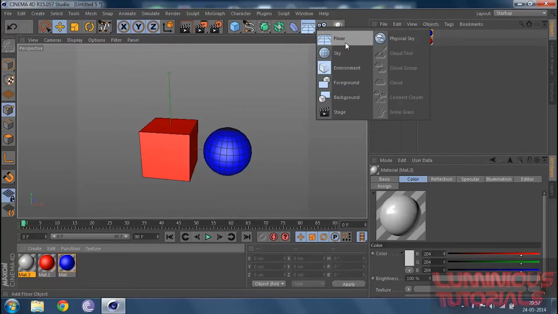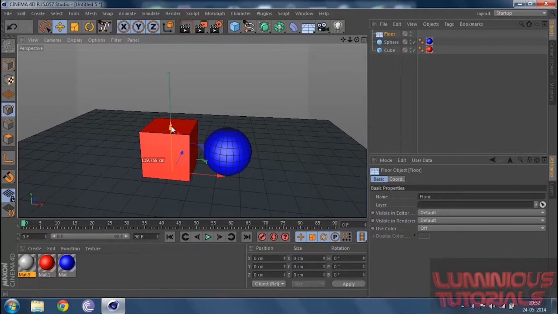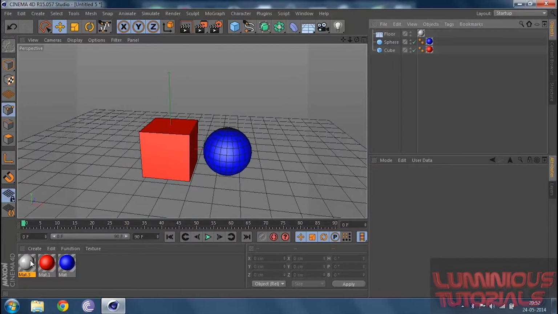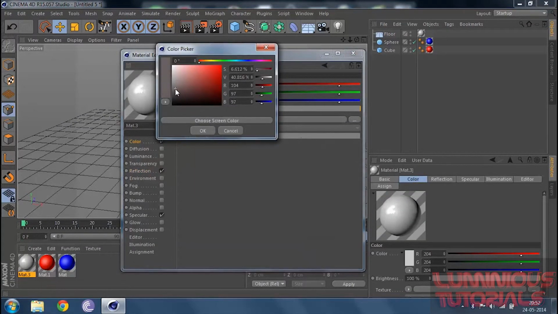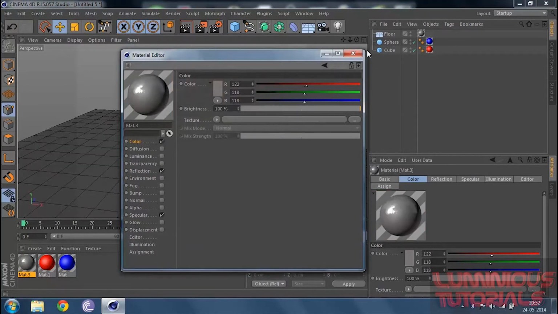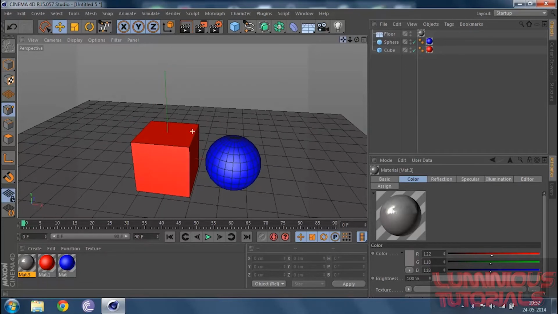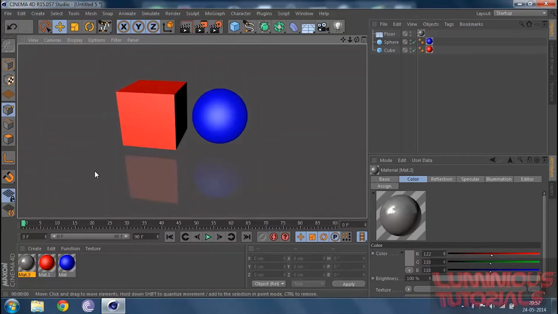Let me add in a floor and drag the floor under, so that my cube and the sphere lie on the floor, and I drag my material under the floor. And also I have to give my floor some good color. I would give it something like gray. Now suppose I click on render. You see I can get some minor reflection over here.